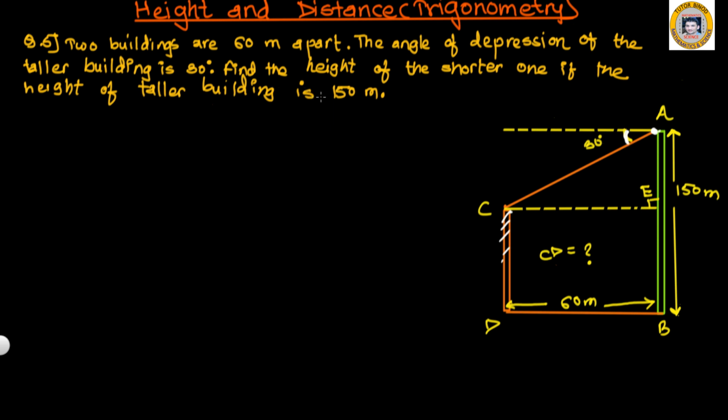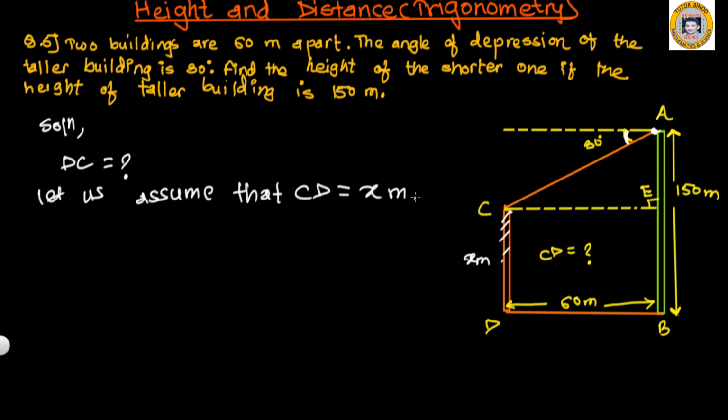Find the height of the shorter one. I mean to say, you want to find the height of the shorter building, which is DC. So we are supposed to find DC if the height of the taller building AB is 150 meter. Let us say this CD is X meter. If CD is X meter, the EB is also X meter, but the whole AB is 150 meter. So what's AE? AE is 150 minus X